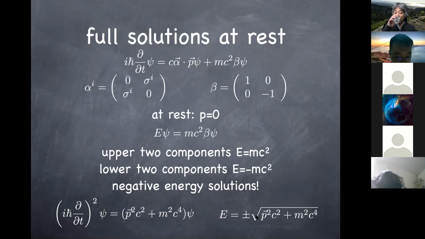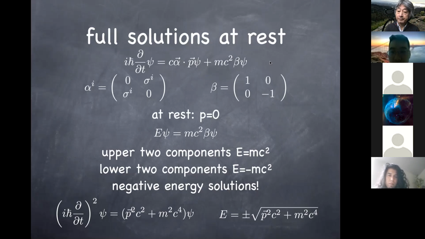I just had a general question on psi. So we're still interpreting it as a wave function, but what do each of the four components then signify? Right, that's right. So we have states which correspond to different components of psi for particles at rest. When you actually talk about particles that are moving with finite velocity, then you also have to diagonalize this alpha together with the beta. So one energy eigenstate ends up filling up all four components, but you still have four mutually orthogonal solutions. So you still find four different energy eigensolutions with two positive and two negative. And we'll come back and talk about that.